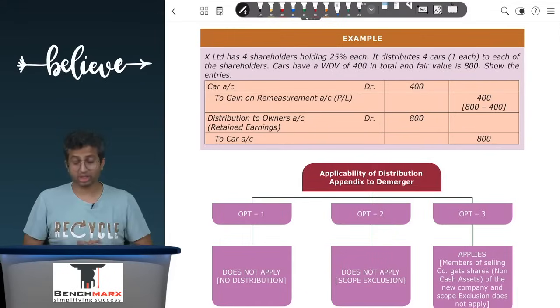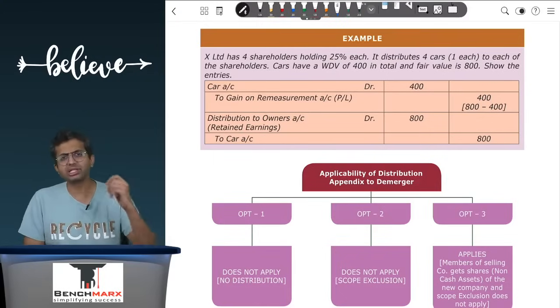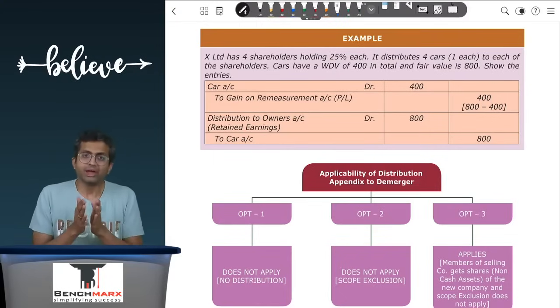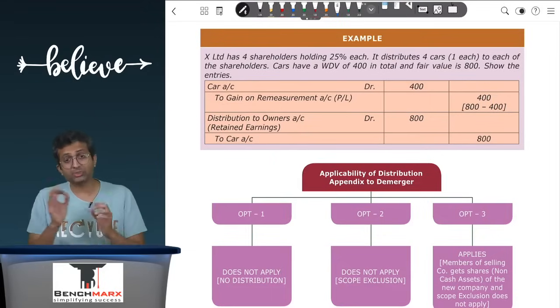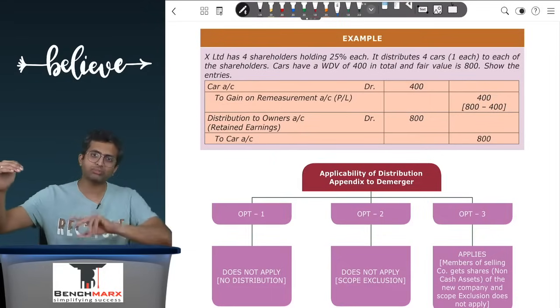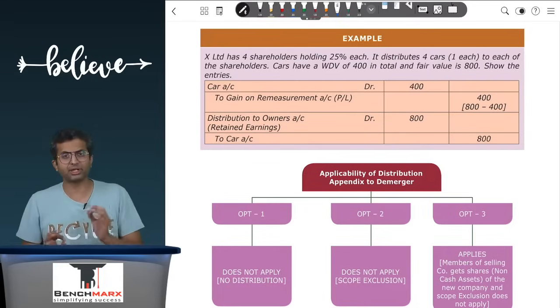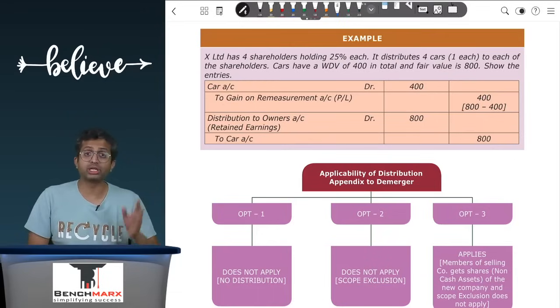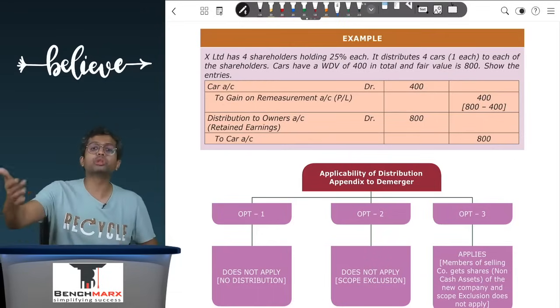The last part of this standard involves accounting for a reverse acquisition. In case there is a reverse acquisition, what do we do? Well, you will first try to identify the acquirer. There may be a hidden adjustment, or the question can tell you that entity B is the legal acquiree but an accounting acquirer, in which case, if it is specifically given, you will first identify the acquirer, then figure out the acquisition date. Then the third step is calculation of PC. PC is typically payment made to the owners of the selling company.